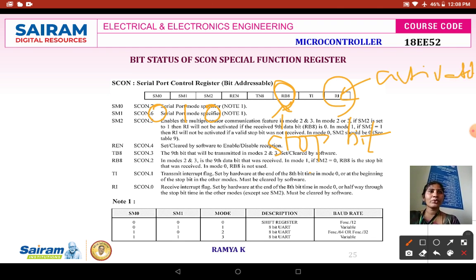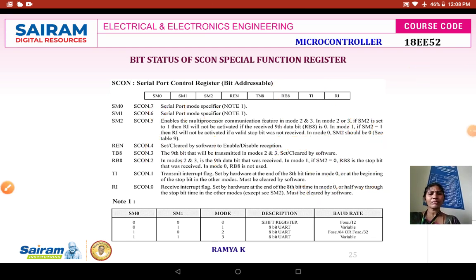Suppose in mode 1 I am having SM2 equal to 1, then your RI is not activated until a stop bit is received in RB8. This is your serial control register. It is the general introduction of your serial control register. Now, bit by bit description, we'll check.